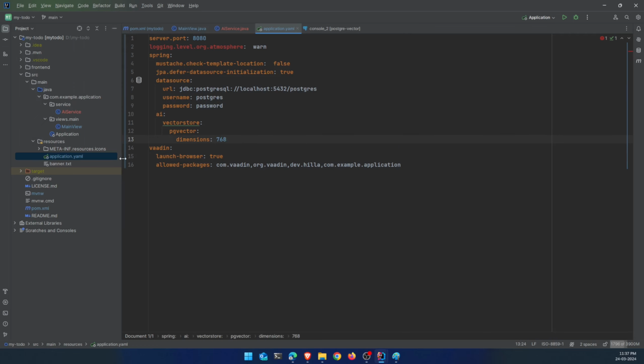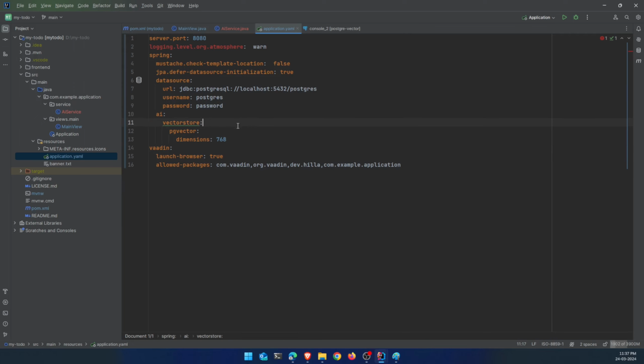Okay, so if you find any mismatch between the dimension your database is supporting and the dimensions on which the LLM is generating the embeddings, the application will throw an error, and in a very friendly way, it will give you a statement stating that there is a mismatch in the dimensions, you need to correct one or the other. Okay,